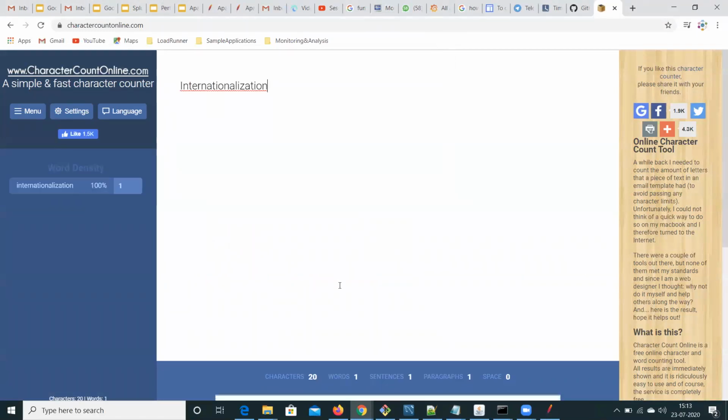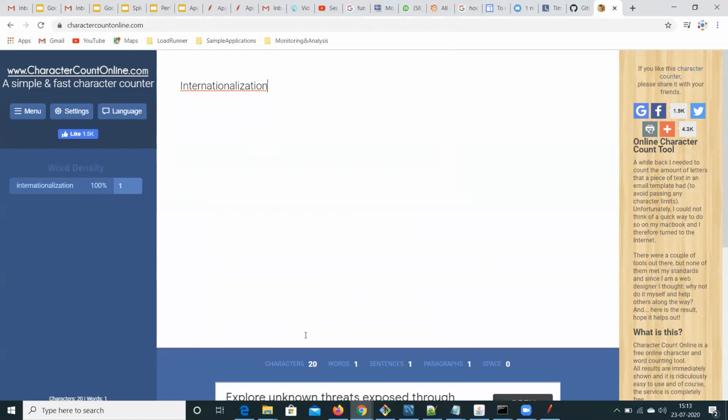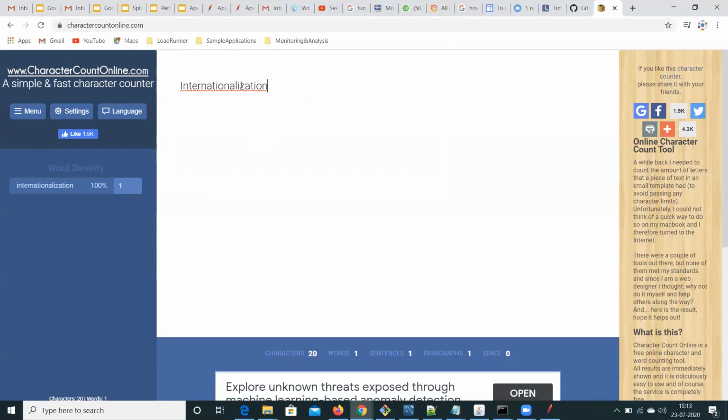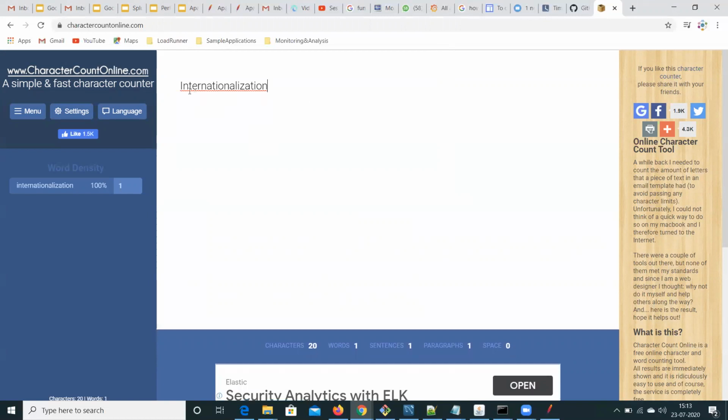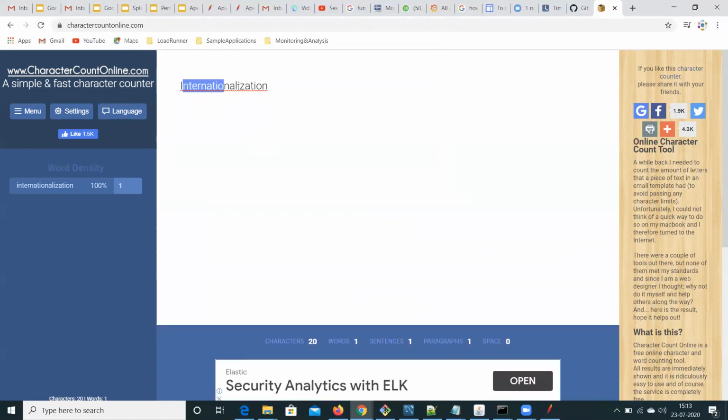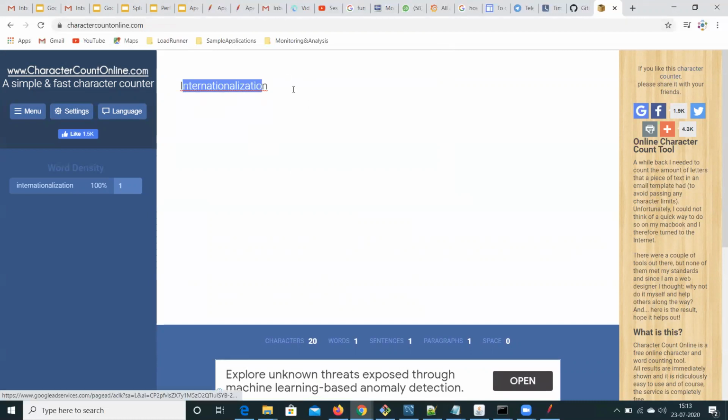Once you type this, you can see there are 20 characters altogether in this word, and that means there are 18 characters in between I and N. So that's why this is termed as internationalization.